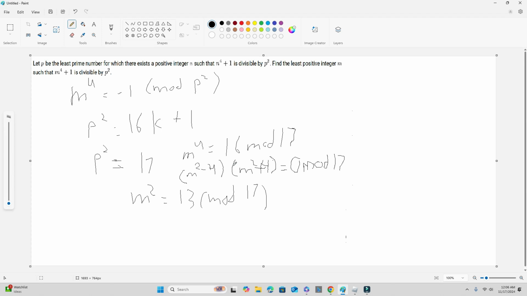Essentially, we have to find a number for m squared that will suffice here. If you look through the possible sequences of 13 mod 17, which I won't be doing right now as it's a little time consuming, but for AIME problems, you have about 15 minutes to do each problem. We'll find that m is equal to 8